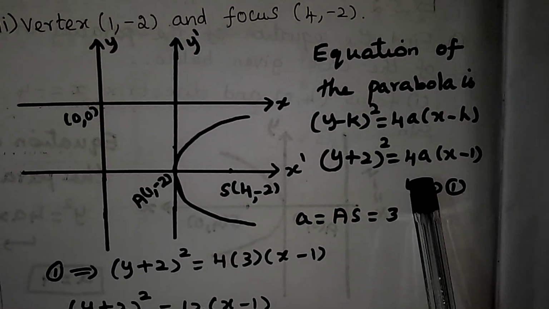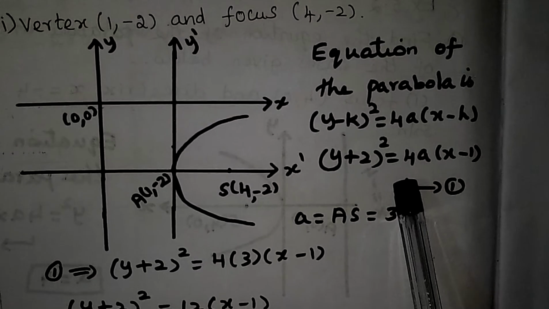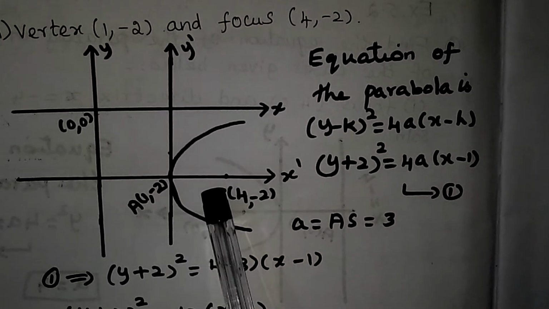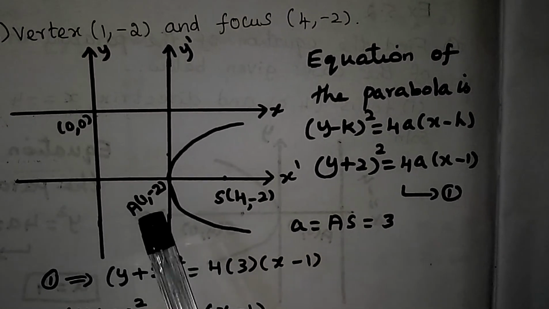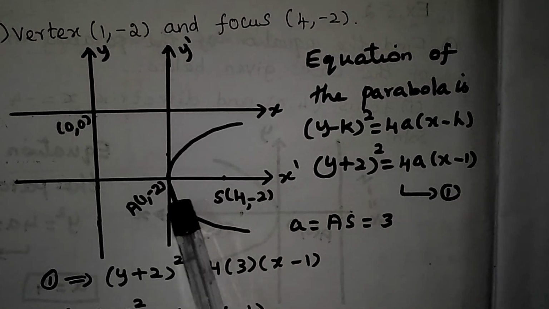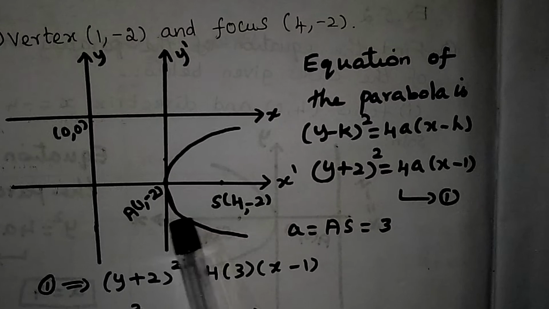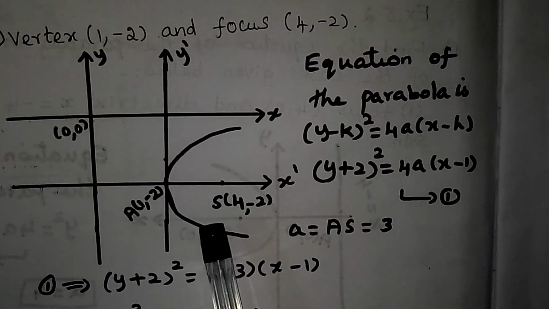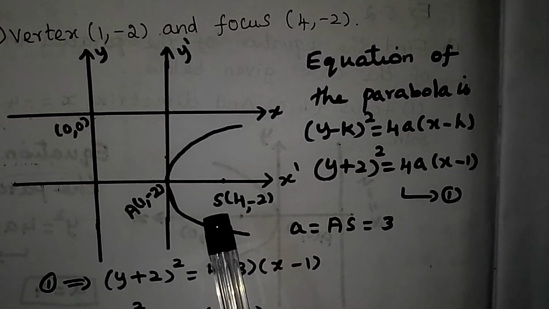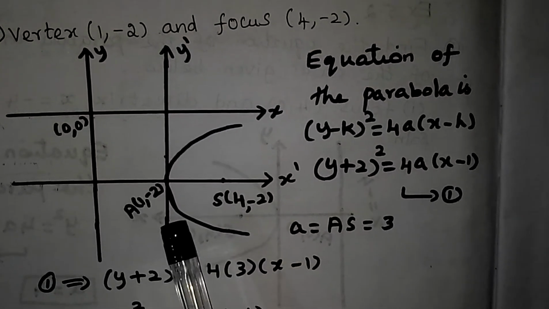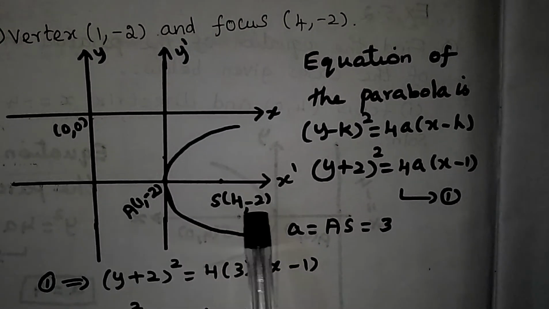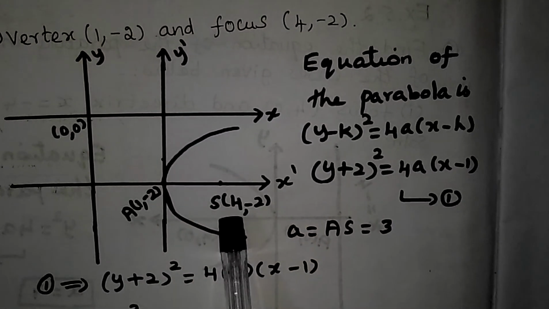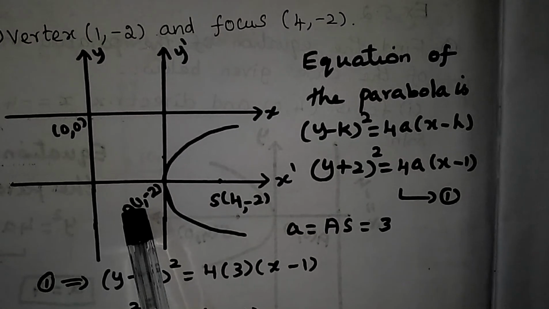For finding the value of a, we can take the distance between vertex and focus. Always the distance between the vertex and focus will be the a value. That is the distance between these 2 points. So you can use the distance formula here. Otherwise, in this session, mostly among x and y, any one coordinate will be the same. You see here y coordinates are same, isn't it? So which are same you leave it. Just subtract the other coordinate. So here I am going to subtract the x values.